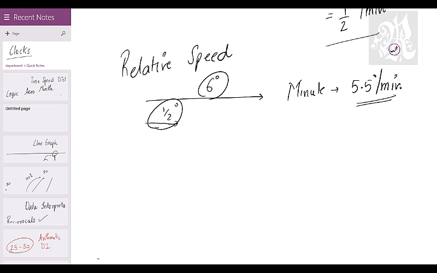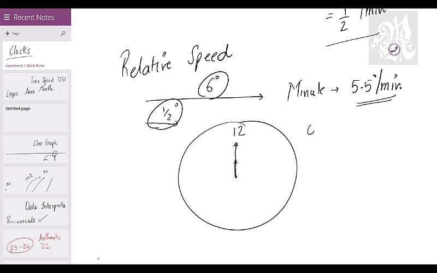Every minute. Okay? To simplify this, let's understand this. Let's say my clock shows 12 o'clock. What happens at 12? The minute and the hour hands are together with each other. Okay? They are overlapping each other. What is the degree between them if they overlap? 0 degrees. So let's understand what happens at 12:01. Now at 12:01, the minute hand will move ahead by how many degrees? 6 degrees. The hour hand will follow but only by half a degree. Which means what is the separation? 5.5 degrees. Which means I can say that at 12:01, the angle between the hands of the clock is 5.5 degrees.